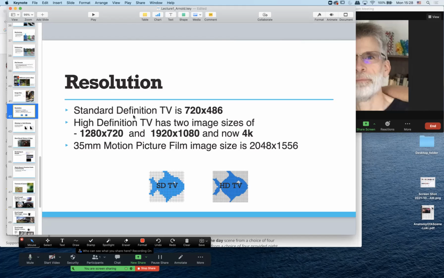So the more of those pixels that you have, the less of that stair stepping feature we notice. Things start to look a little more natural. They start to look a little more curvy. To give you an idea,